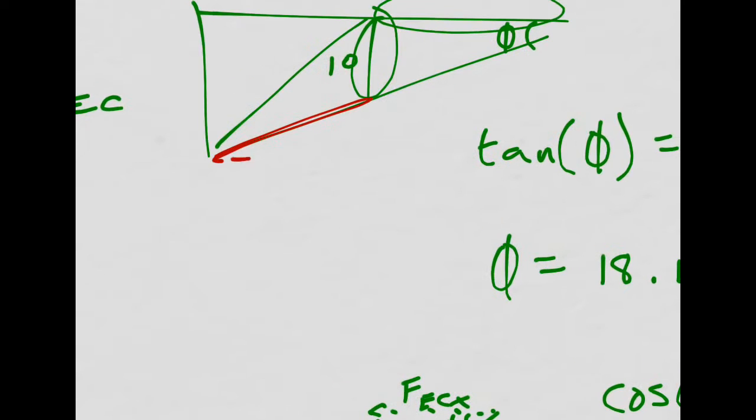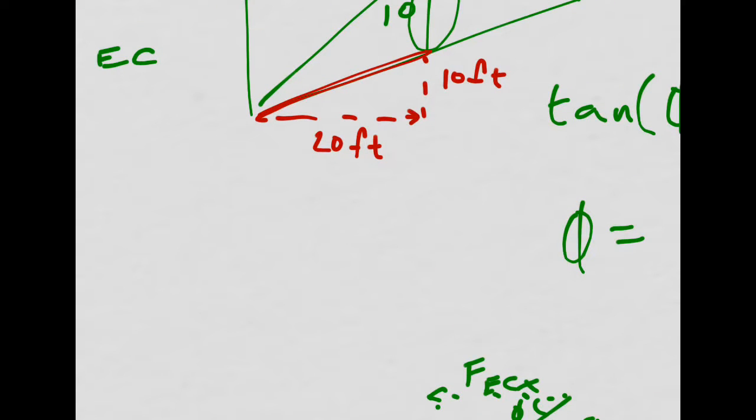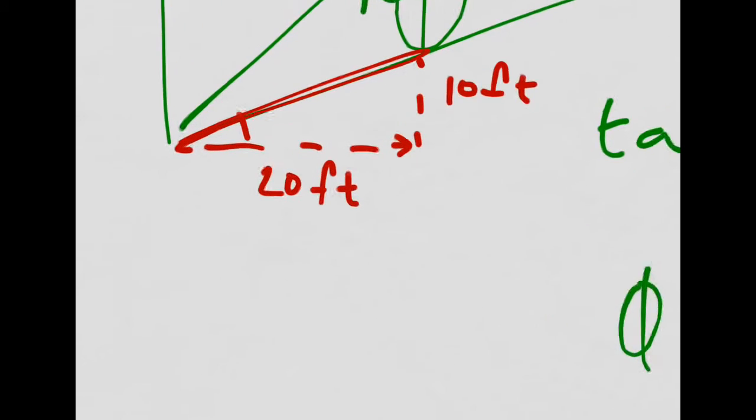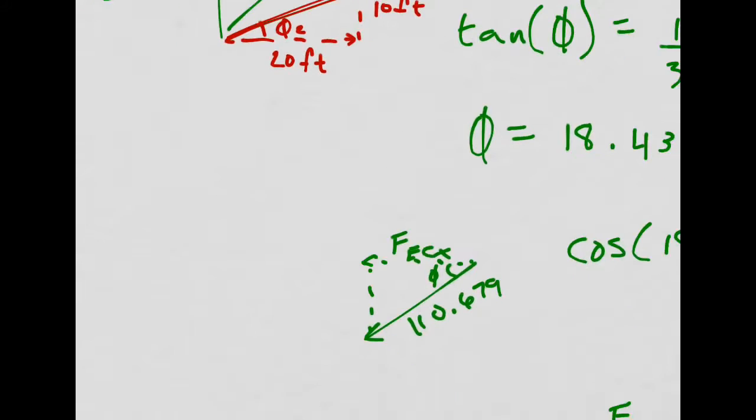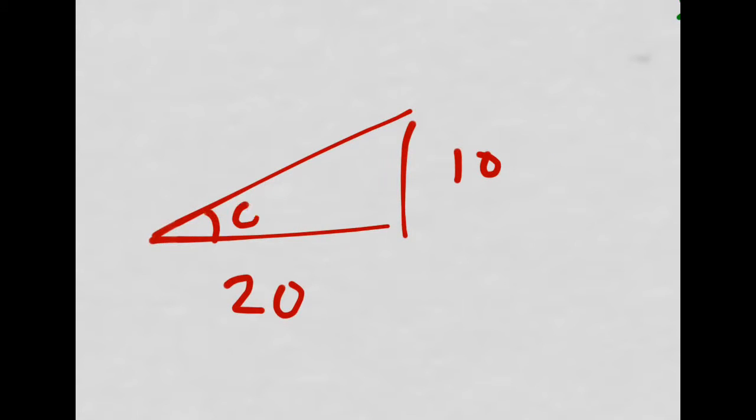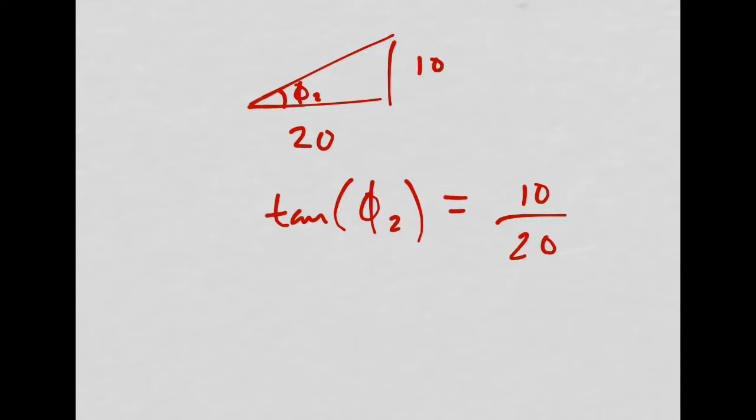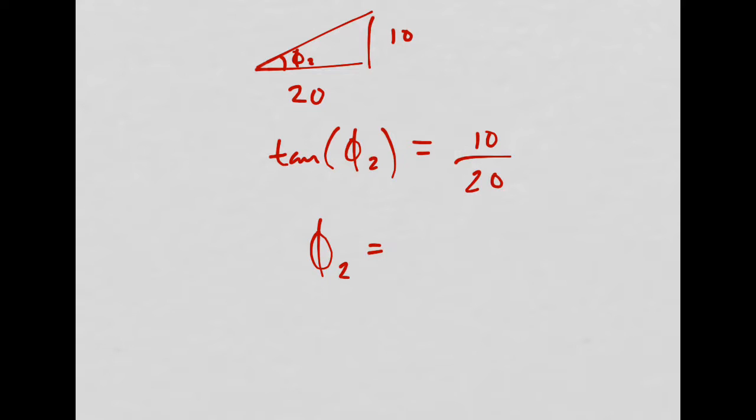Well, I know I have a triangle. And from the picture, this was 10 feet. And the bottom here was 20 feet. So let's find this angle. Let's call this phi 2. So to find phi 2, this is 10, this is 20. Tangent of phi 2 equals 10 over 20, or 1/2. Use inverse tangent, and I get